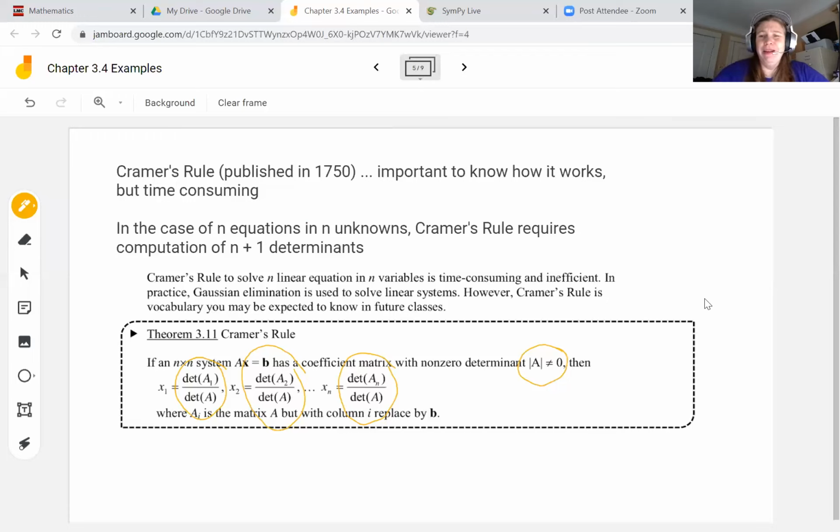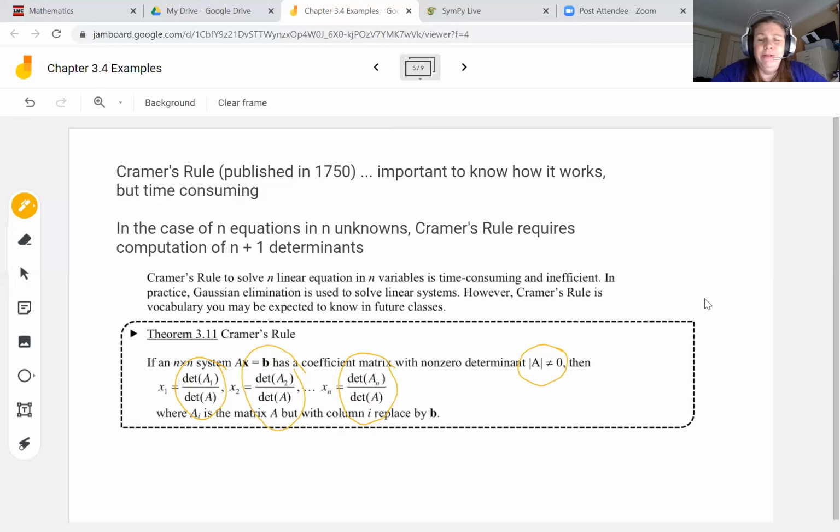However, we're studying this because Cramer's rule is a vocabulary concept you may be expected to know in a future class. You may see situations where you use it in applied fields in physics or chemistry or engineering. So if an n by n system, AX equals B,